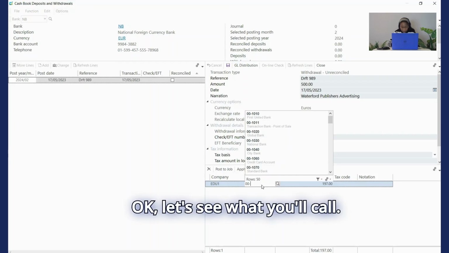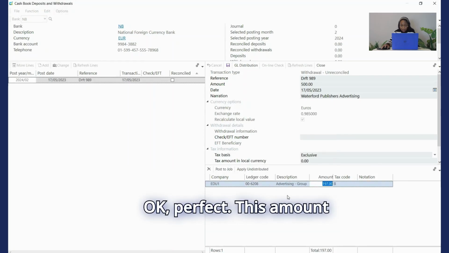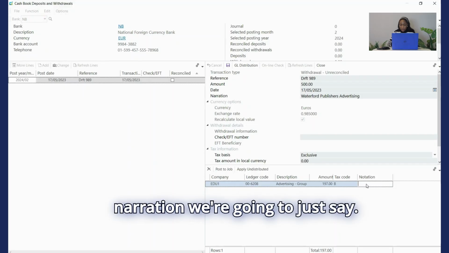Okay, let's see what's our geo code. Okay, 08. Okay, perfect. This amount is the amount in our local currency value. So on narration, we're going to just say